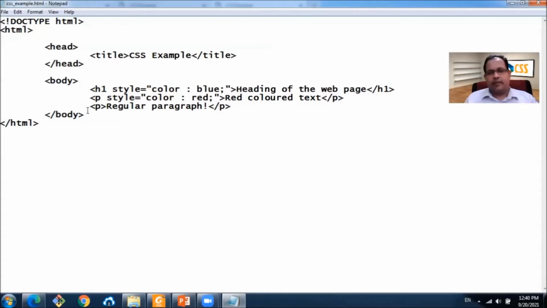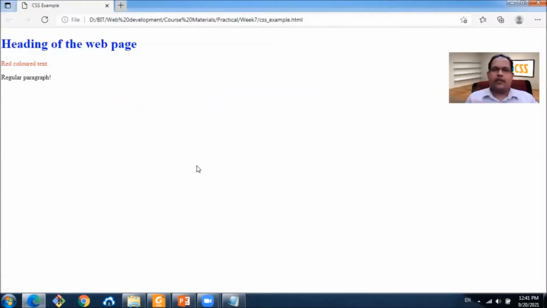Despite the HTML page that we want to apply, this pattern is common. In the HTML tag, we create this style attribute like this. So this is how we create the inline styles. So now we have created this inline style. Let's move into the internal styles.